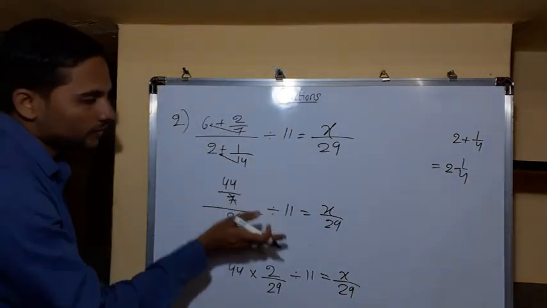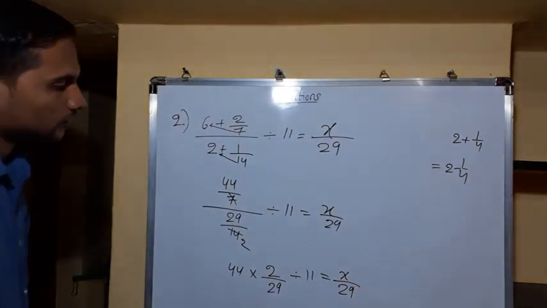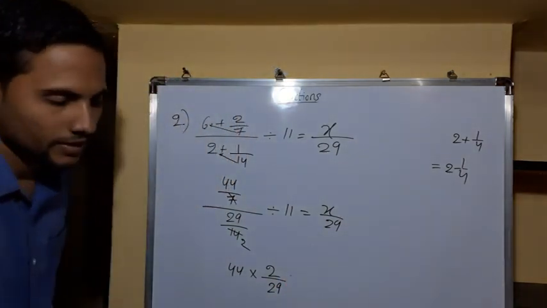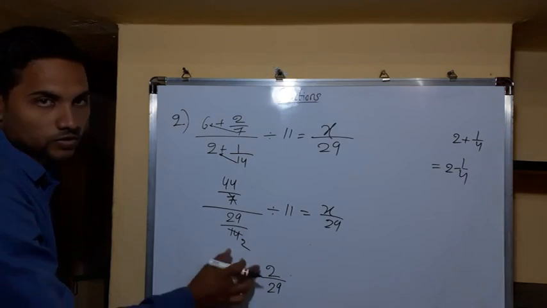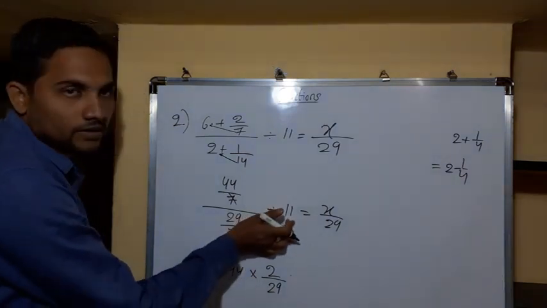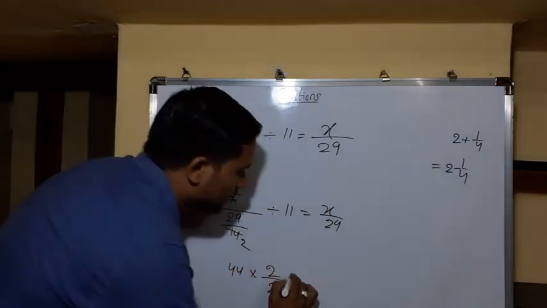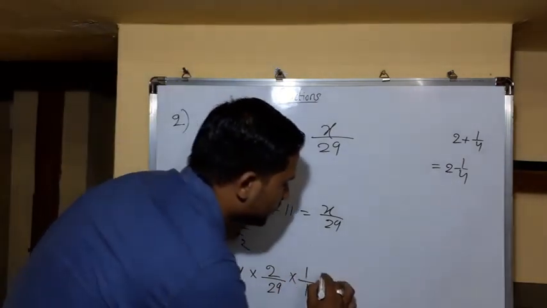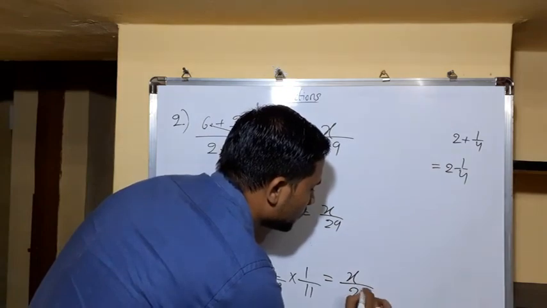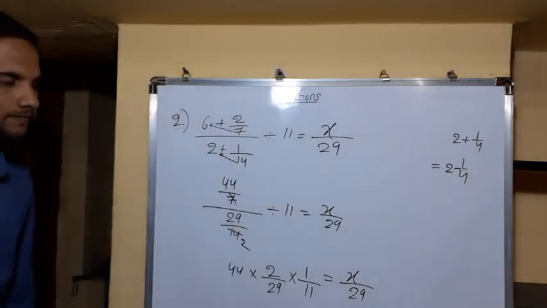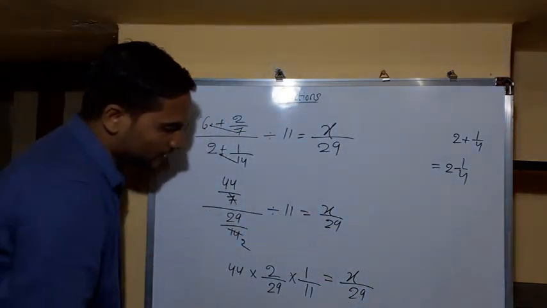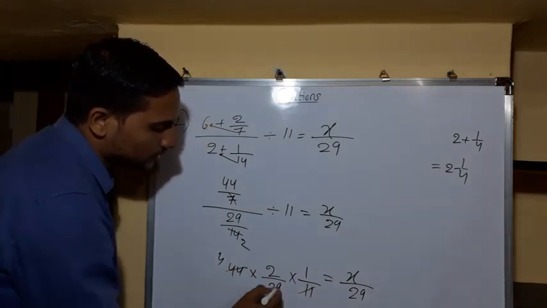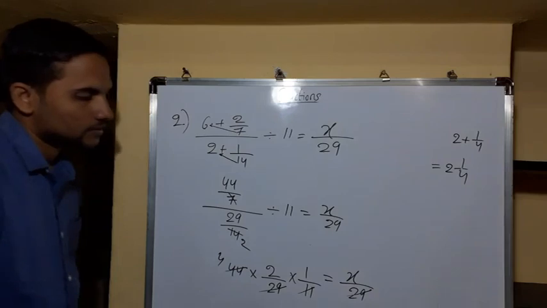See, every time don't waste steps here itself, right? So for that I will just do the simplification here itself. See, this you have understood, right? So division by 11, 11 divided by 11 means what? It is nothing but into 1 by 11 is equals to x by 29. So now do the simplification friends. 11 1s are 11, 11 4s are 44. This 29 and this 29 will get cancelled, right?